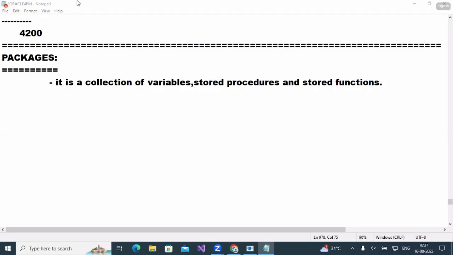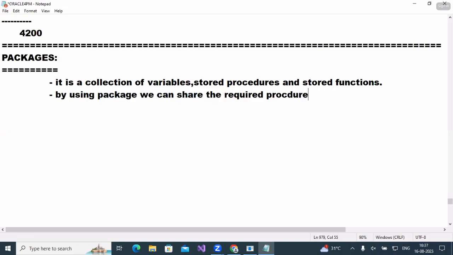By using package, we can share the required procedures and functions to a client application,